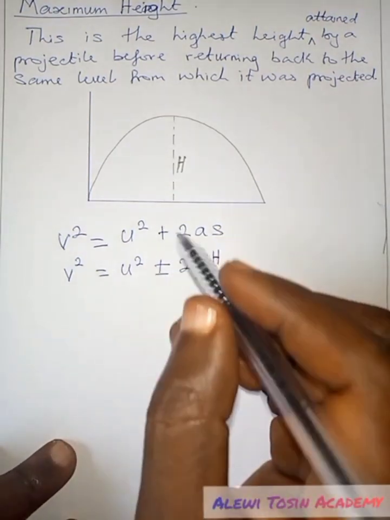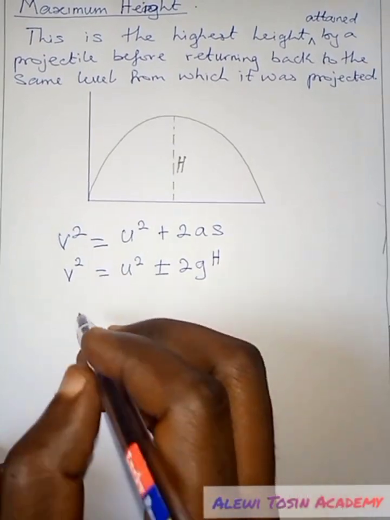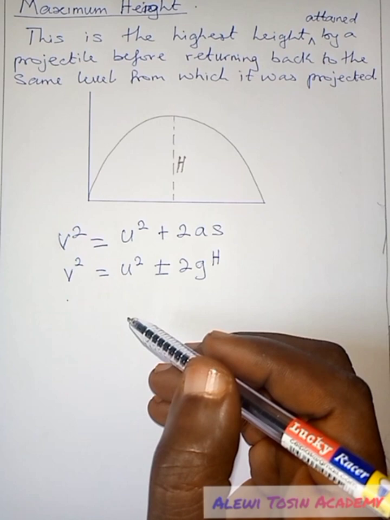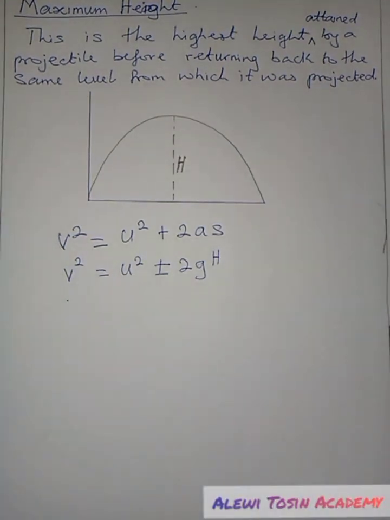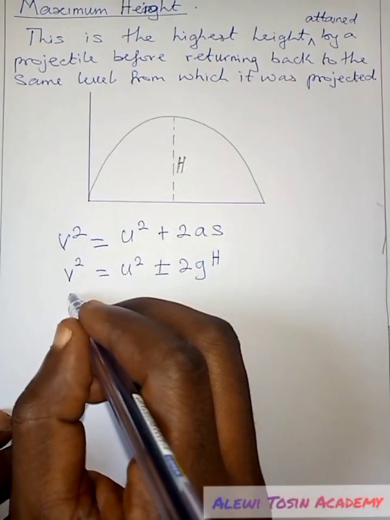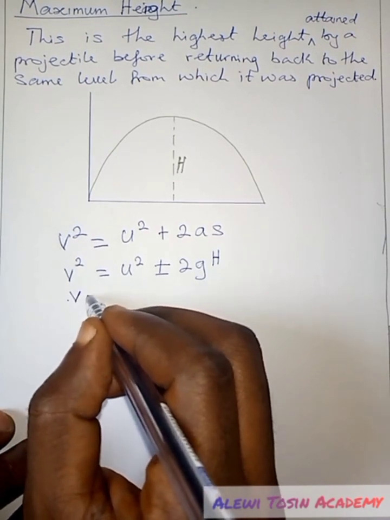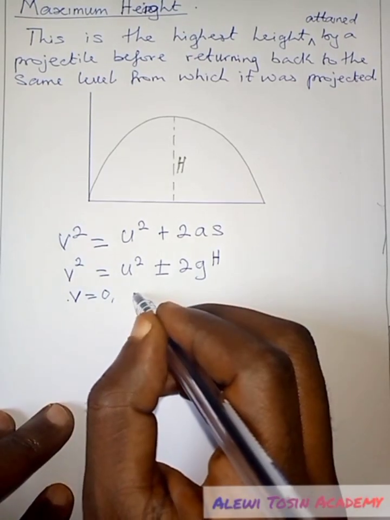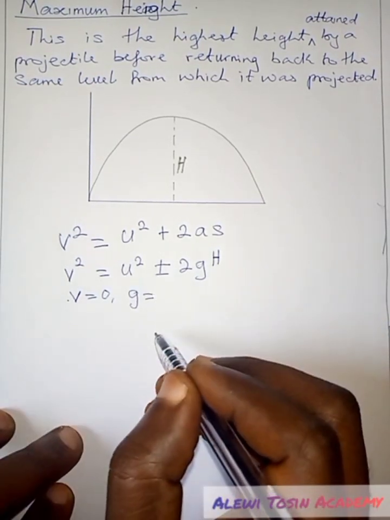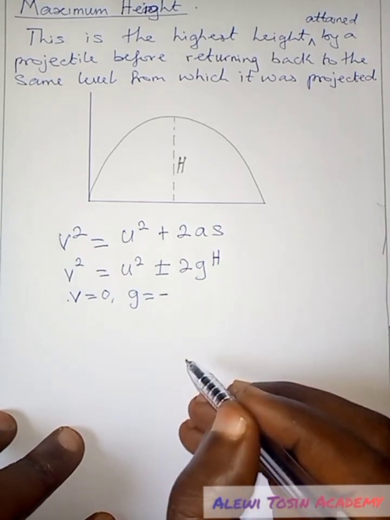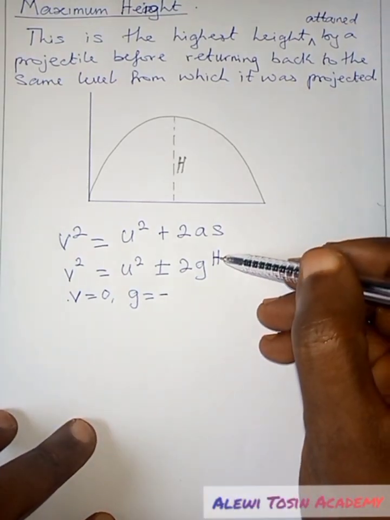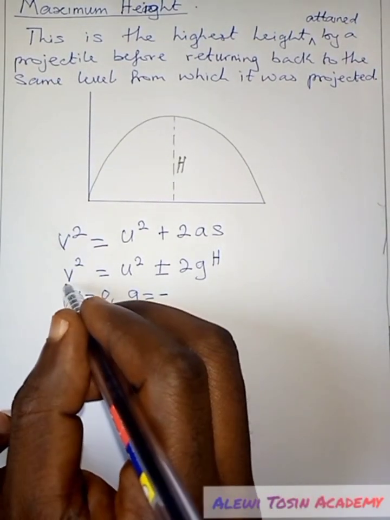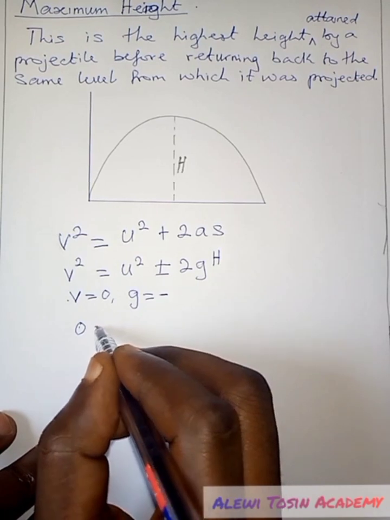Now, in this case, the body is going up. So our final velocity becomes 0 when the body is going up. And when the body is going up, our g, the acceleration due to gravity, is negative. And recall that this h is the maximum height. So on this note, we can write this equation as 0 equals